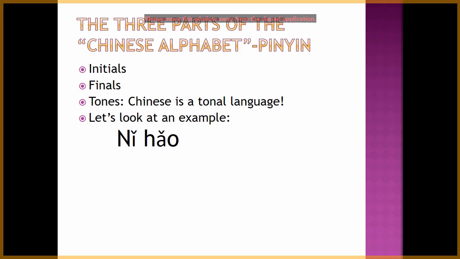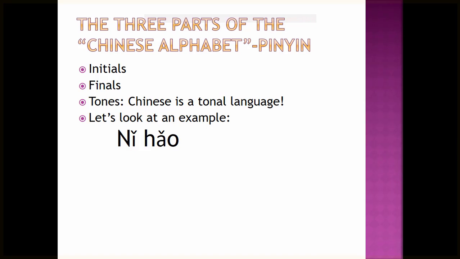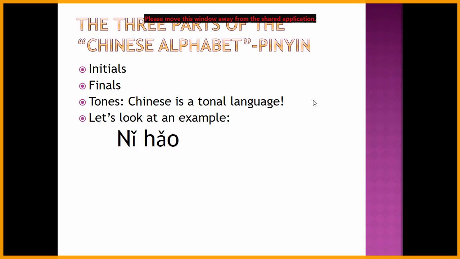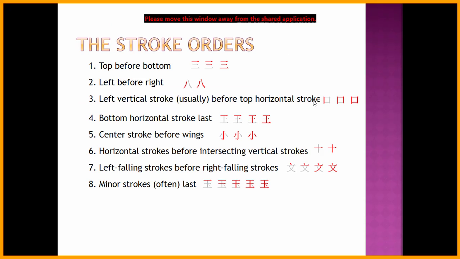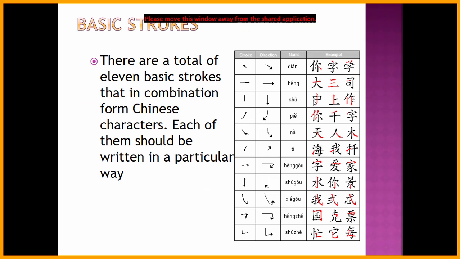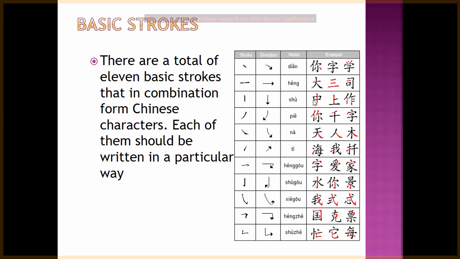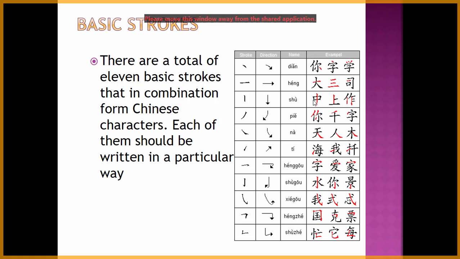Three parts of the Chinese alphabet: Pinyin. Now what is pinyin? Before the 1960s, there was no way to learn Chinese, because how can any common person learn Chinese? You can see the example column. No other person can learn this Chinese without any help.